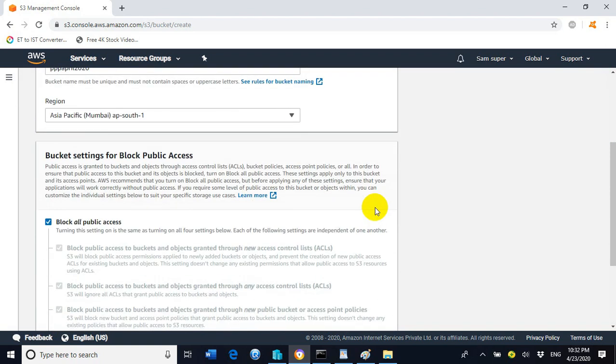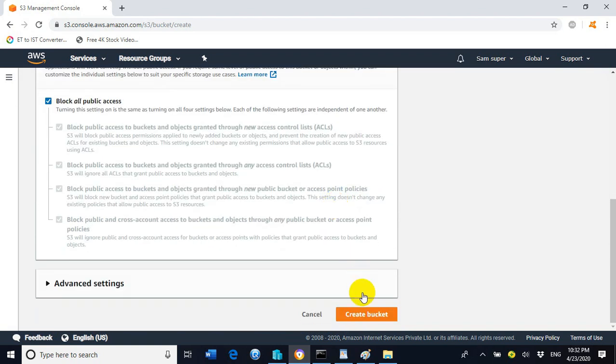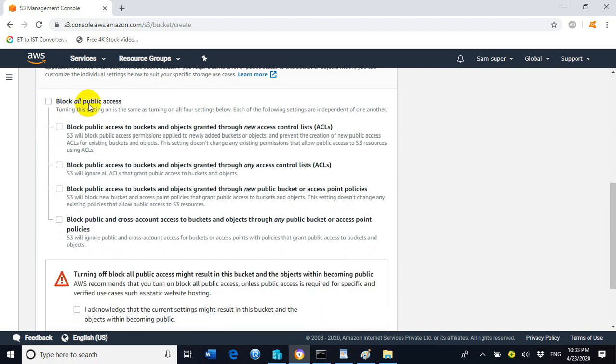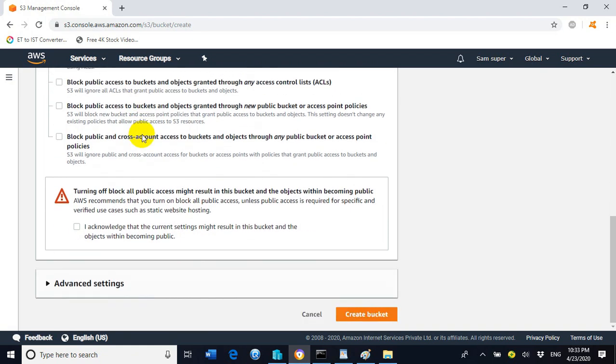Now click on create bucket, but before clicking on create bucket, you need to uncheck block all public access, because if you do not uncheck it, you will not be able to access the bucket publicly from outside.